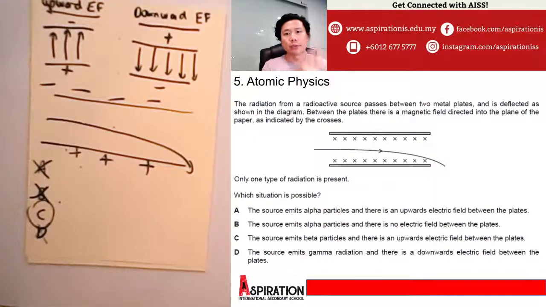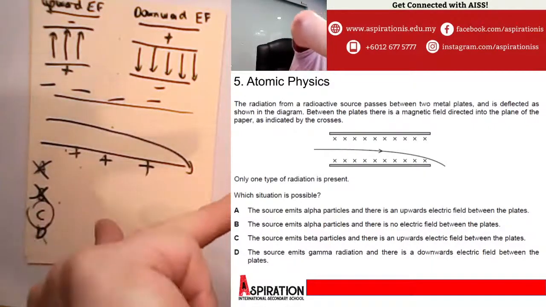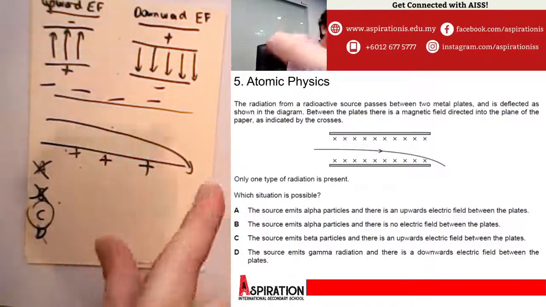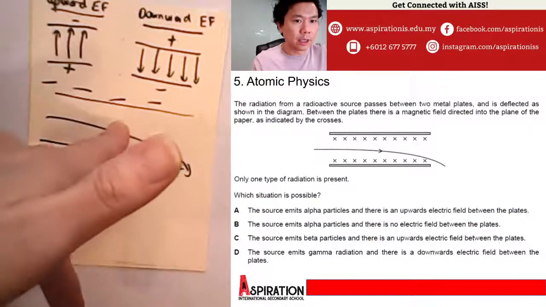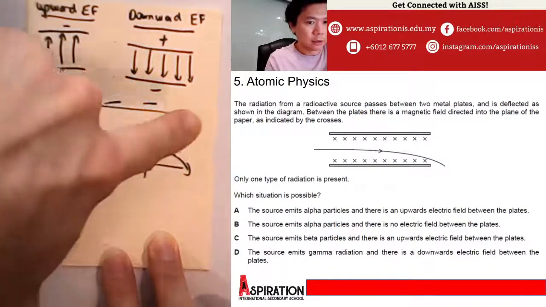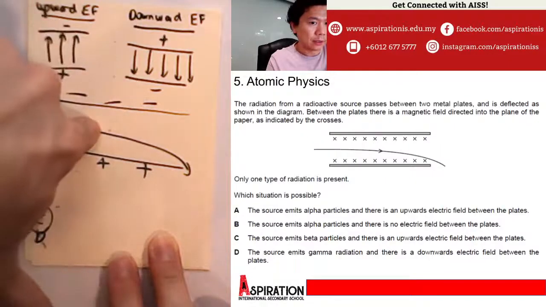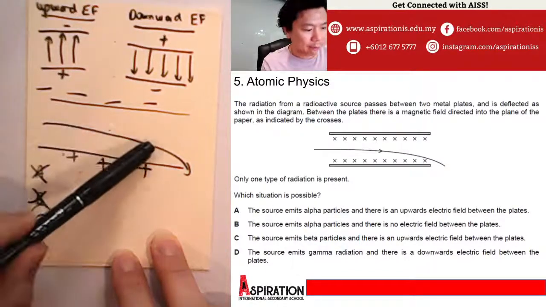I also told my students that you can use the right hand rule. So if you use the right hand rule, then this will be the direction of beta. You can use whichever. I'm going to use the right hand. Magnetic field into the paper. You're not going to be able to see this because my hand is covering, so I'm going to use my left hand because that will be more visible for the camera. Magnetic field in, and I'm going to move my middle finger to the left because it's the opposite of alpha, so my thumb is pointing down. So correct, beta will go down.